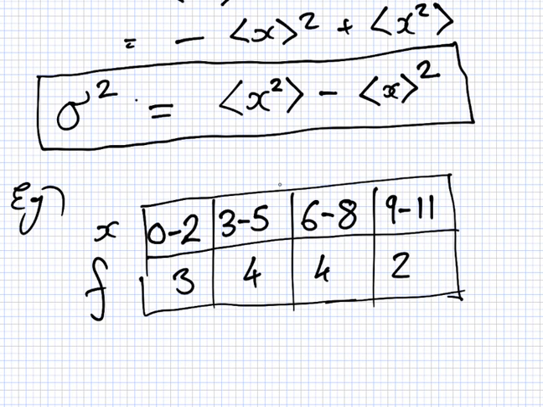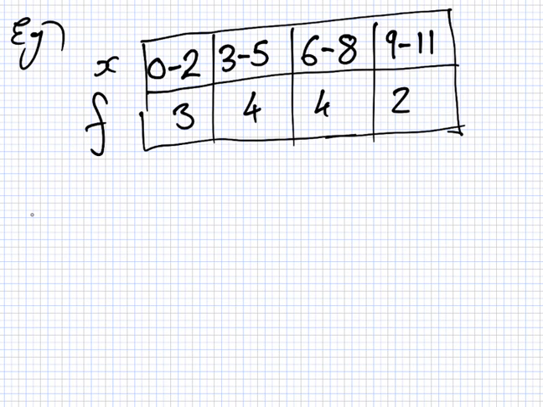So first let's calculate the average, because we'll need that answer for the standard deviation. Oh yeah, so first we need the midpoint. That will here be 1, 4, 7 and 10. So the average here would be 1 times 3. Don't we need to extend the class boundaries? Do we need the class boundaries here? Yeah. Then it should be from 0 to 2.5 and root of 1